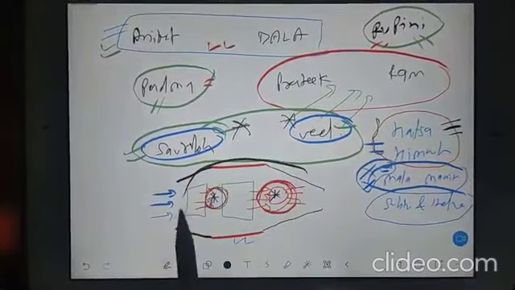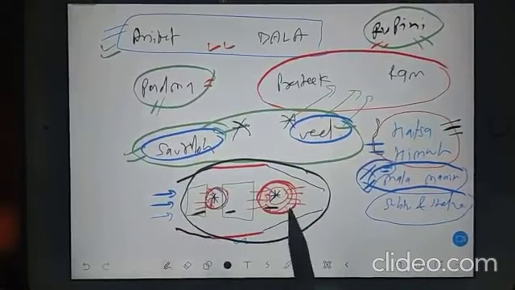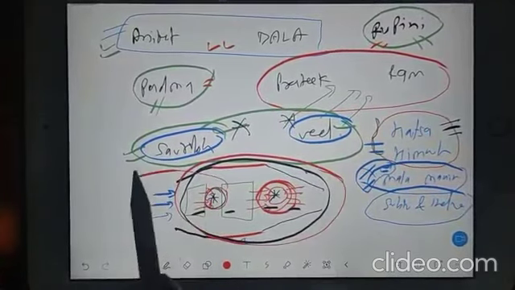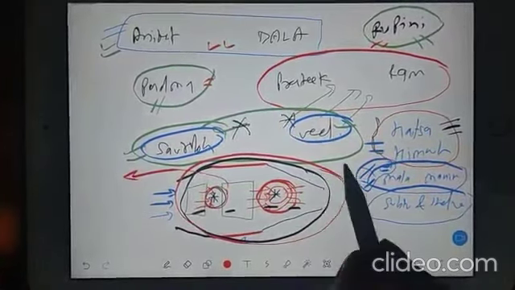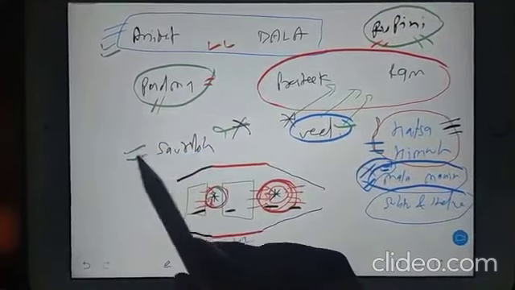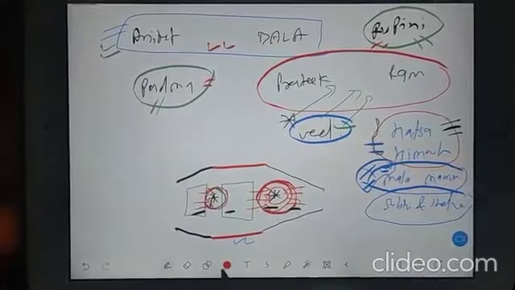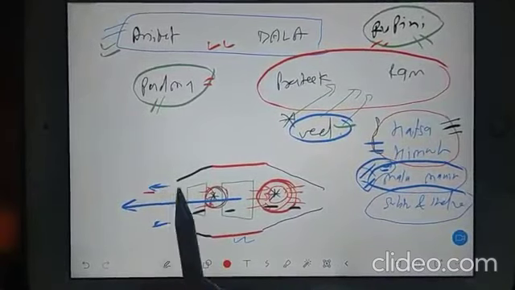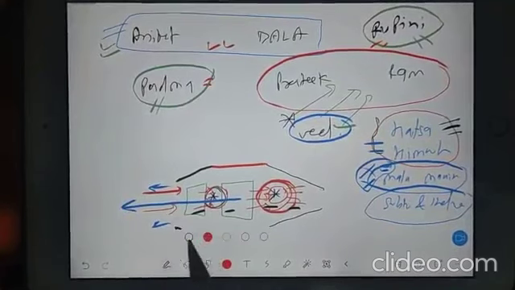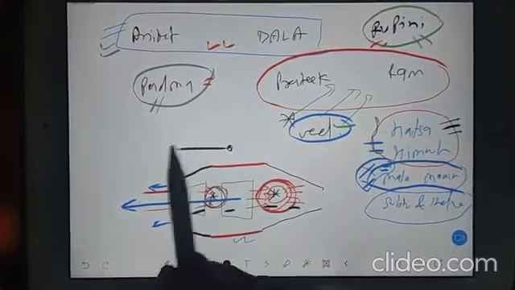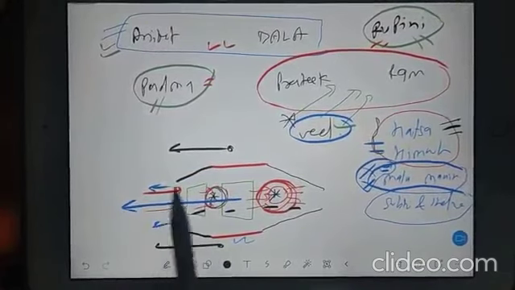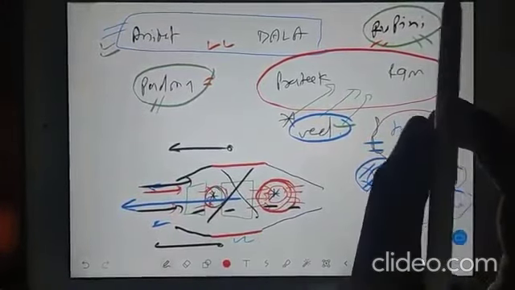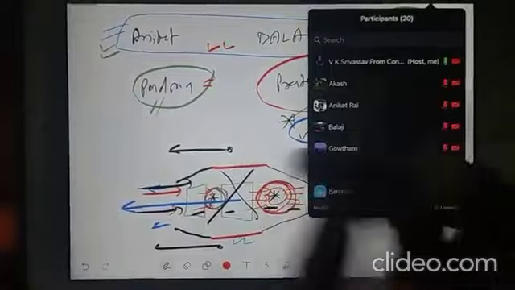Okay, this is how we created our jet engine. Everyone has a particular job. But when you all came to me, then as a teacher, I was in a different show-off mode. I said, man, once you run this thing, it will go in this direction. Then air will come with the same velocity as the aircraft. If the engine is going in this direction, then with the same speed air will enter and your combustion will fail.